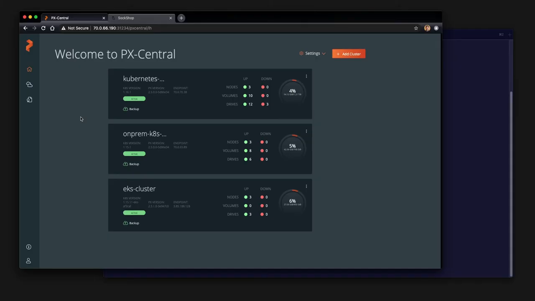Today's demo, we're going to talk about PX Backup as a migration tool. So PX Backup is absolutely a great backup and restore tool, but these similar workflows can be used for migration from one Kubernetes cluster to another, whether that's on-prem to cloud or on-prem to on-prem or across Kubernetes versions. Today, we're going to go ahead and do a migration of an application running on-prem into Amazon EKS in a